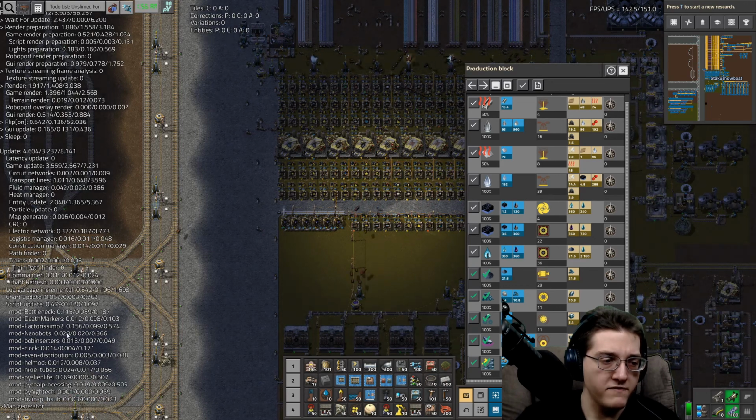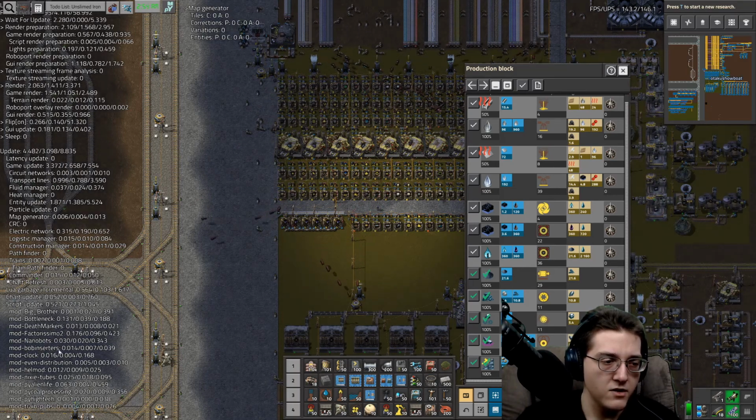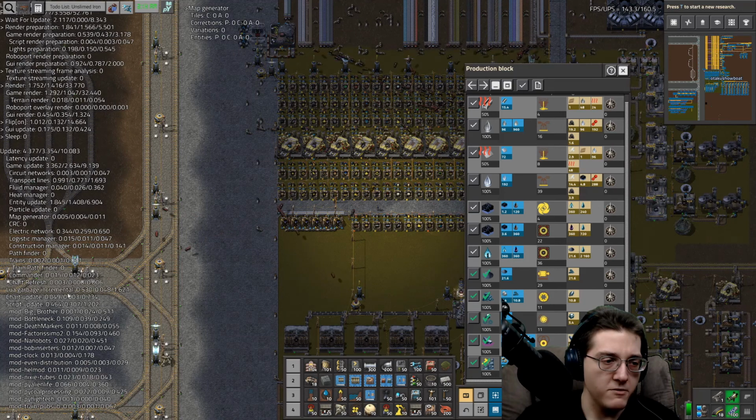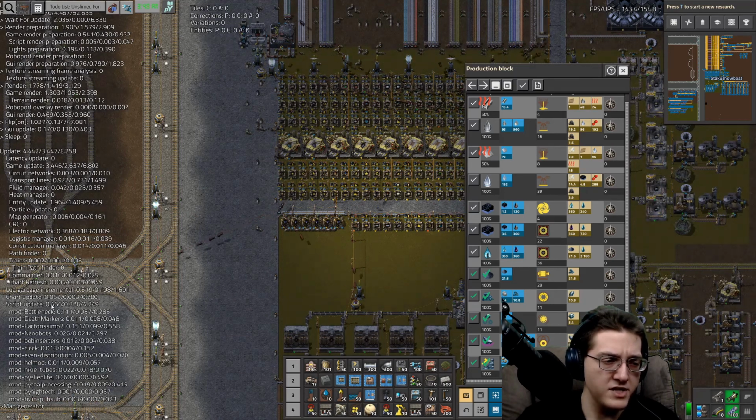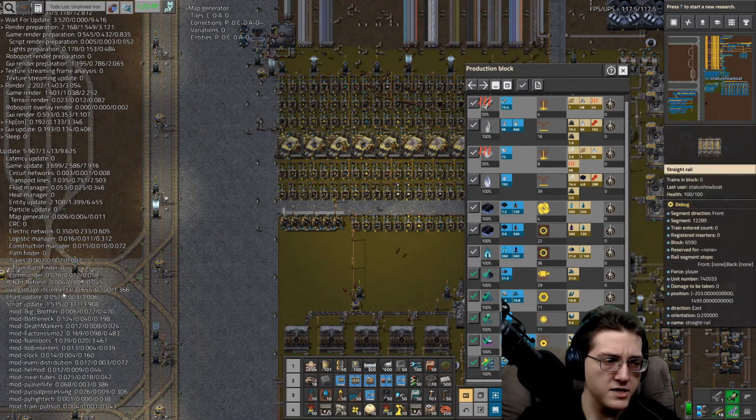Factorismo is actually 0.15. That's a pretty high value. Bottleneck is about the same, though, so that's not really any problem. Oh, and then it's just gone down. Something's running every so often. I think that's pushing that up, but otherwise,